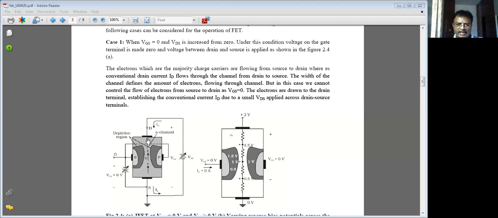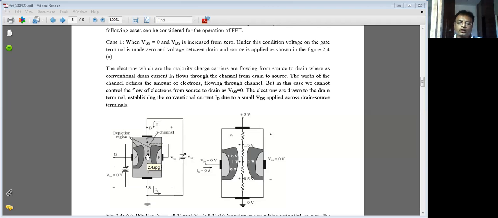Concentrate. Here there is an N channel. You know that in the N channel, electrons are the majority carriers. We have connected a voltage source in these polarities. Here is positive, here is negative. The negative terminal of the battery is always connected to the source in the N channel, and the positive terminal of the battery is connected to the drain. You know that electrons are the majority carriers, and the polarity of an electron is negative.